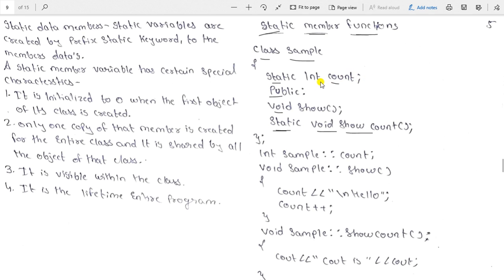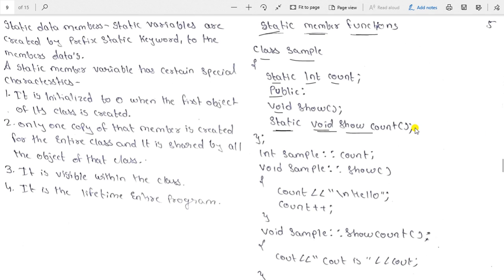See here, in the static data member, in front of the data type or return type, you put the static keyword. Similarly, in the static member function, in front of the return type, you put the static keyword. Okay, I hope you have got this.